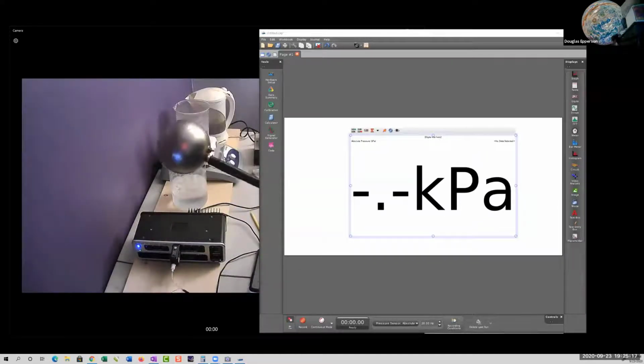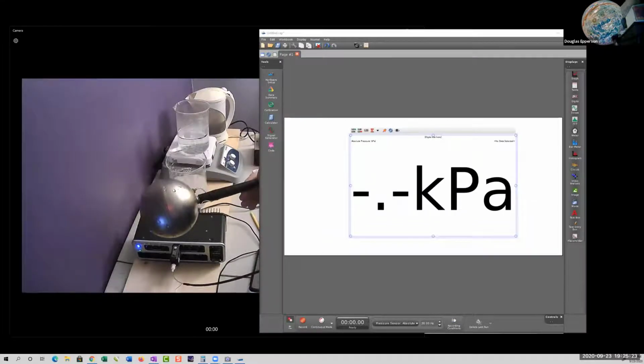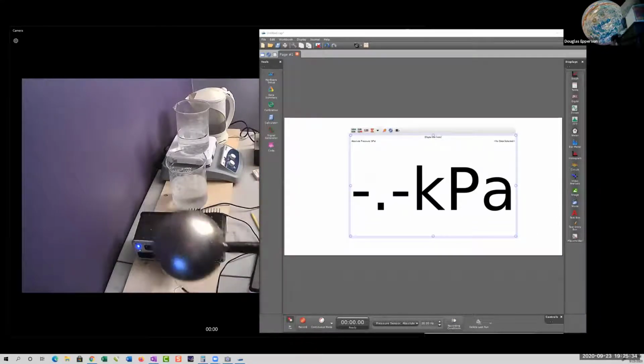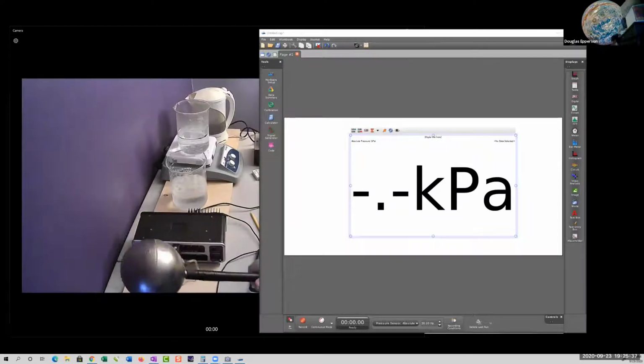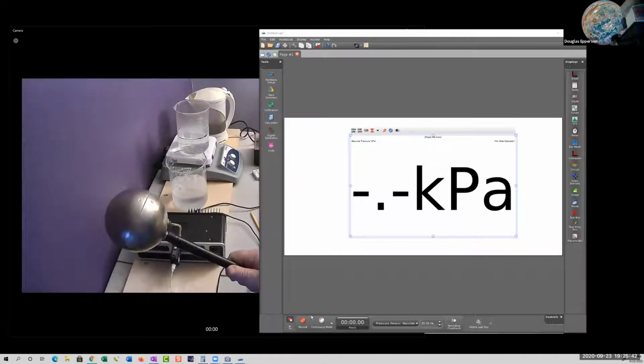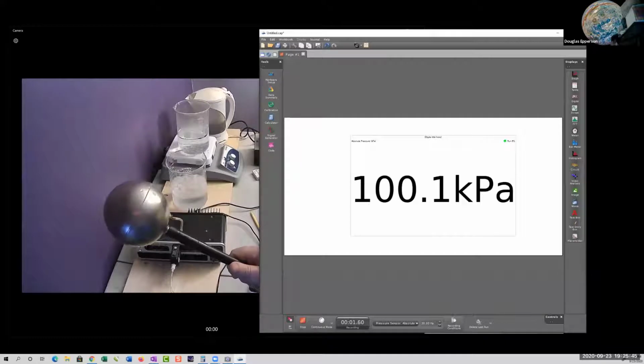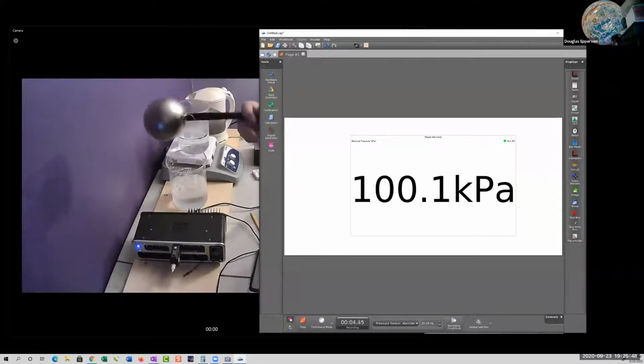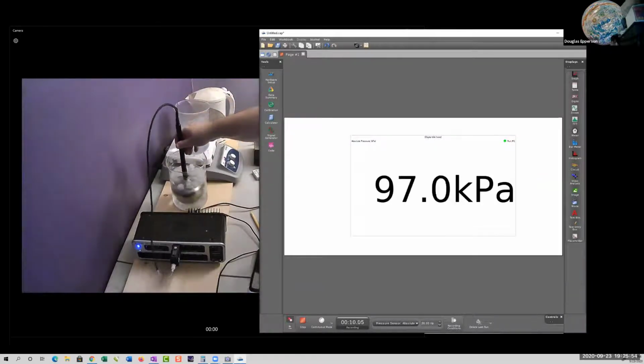So here's what we're going to do. You need to record this data, and I'll write it down too. 2 data points. This is run number 1. We're going to get temperature and pressure. Oh, I need to start the recording. Okay, now we're good. We're not ready for that one yet. So I'm going to put this in cold water and wait a moment for the pressure to equalize.